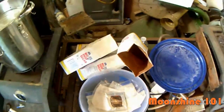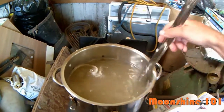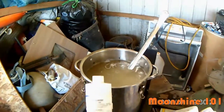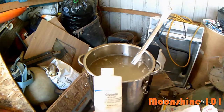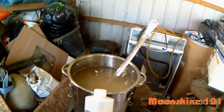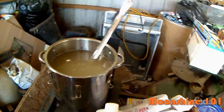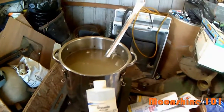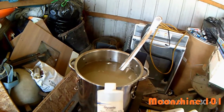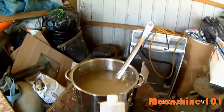But anyway, the next one of the other ingredients, if you like a really smooth liquor, then you're going to want to get you some vegetable glycerin. It's 99.7% vegetable glycerin. It's a sweetener, and it is a smoother. You use glycerin in your mash. You could use it after your final product's done, but I put it right in with my mash, and when the distilled process is done, you have this nice smooth